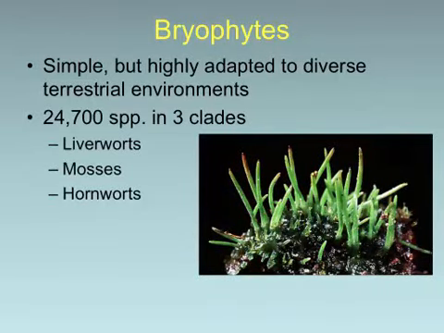The bryophytes are a relatively big group, nowhere near what the angiosperms are going to be, but it's about 25,000 species. And they can live in a relatively decent array of different habitats. This picture here is of a hornwort, one of the ones that's probably the least familiar of the three bryophyte types to us. But these three groups, liverworts, mosses, and hornworts, can live in some fairly variable kinds of environments.